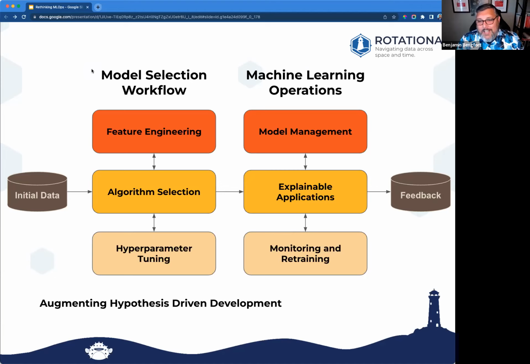MLOps. MLOps is about taking trained models, and usually applications are suites of many models, so incorporating them in some sort of model management system, so we understand what models are being used, when and where. Creating explainable applications, right? It's not just about inferencing. It's about being able to give reasons or explanations or understand that inferencing, especially in